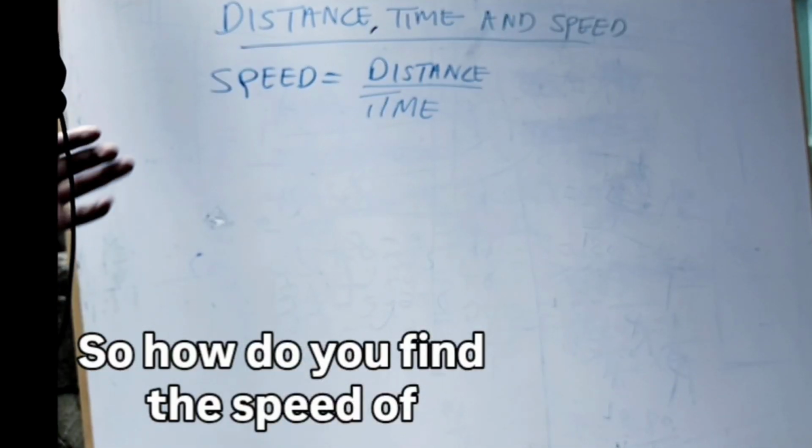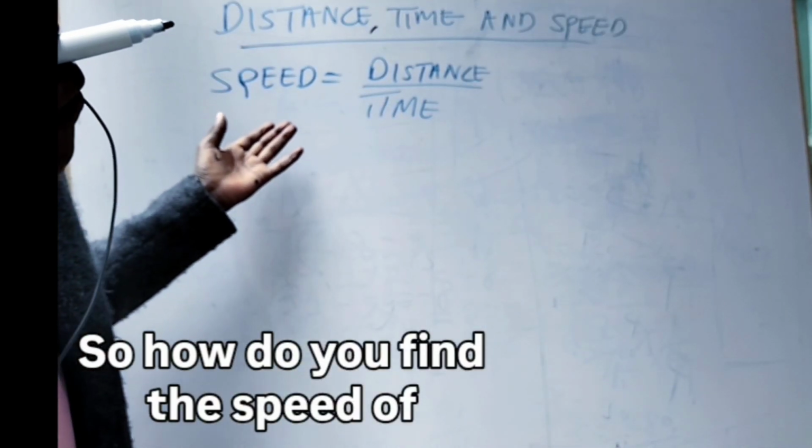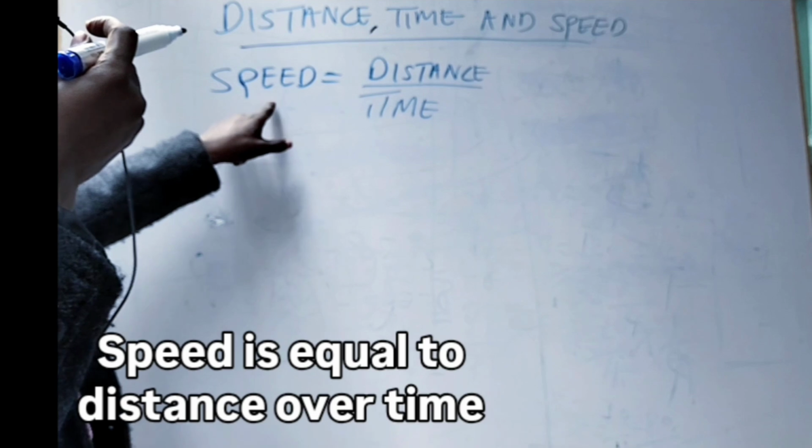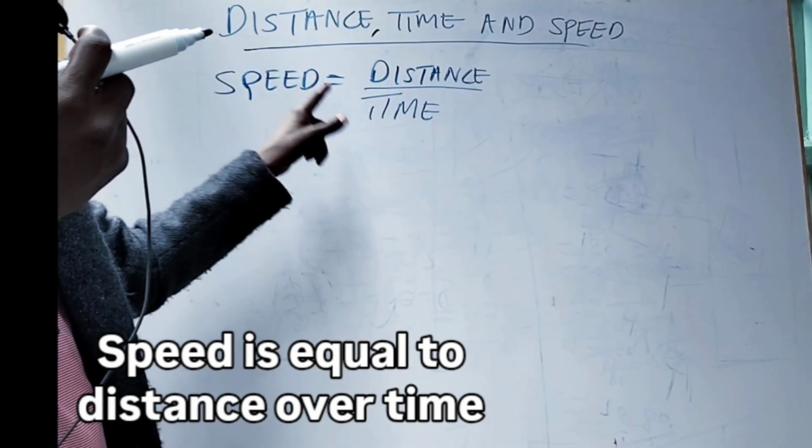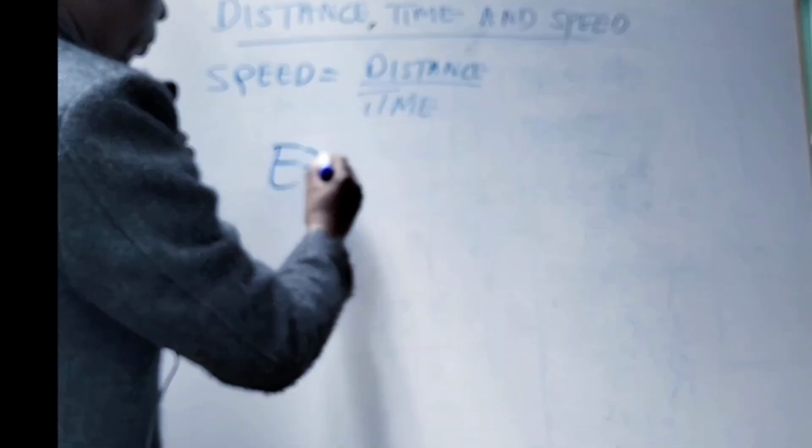How do you find the speed of a moving object? This is the formula. Speed is equal to distance over time taken. For example,